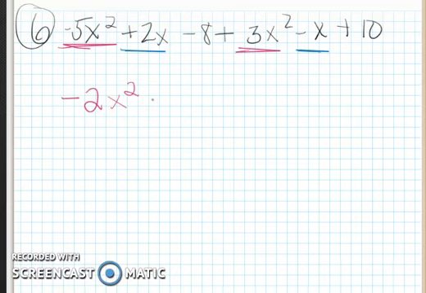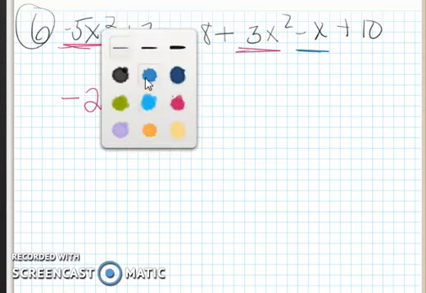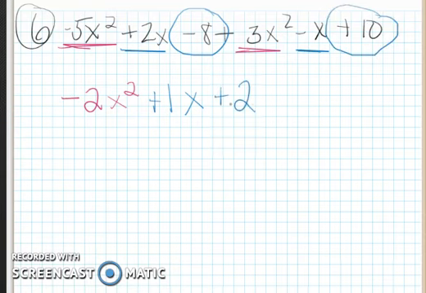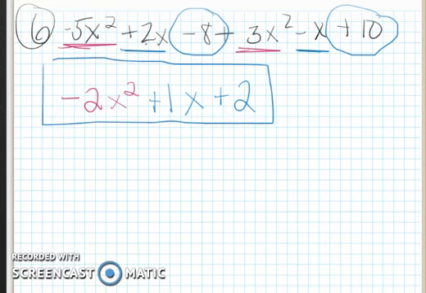2x minus x is going to make a positive 1x. And my last thing is to take my two whole numbers. Negative 8 and positive 10 makes a positive 2. Okay. Number 7 we can do on the same page. We have negative x squared plus 10x plus 3